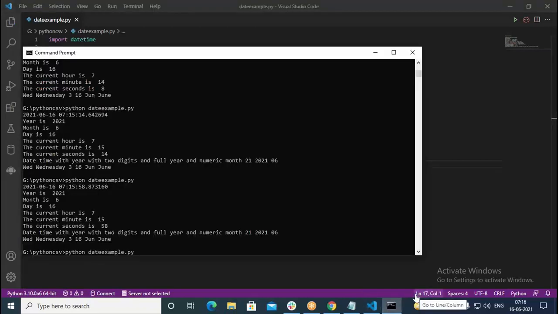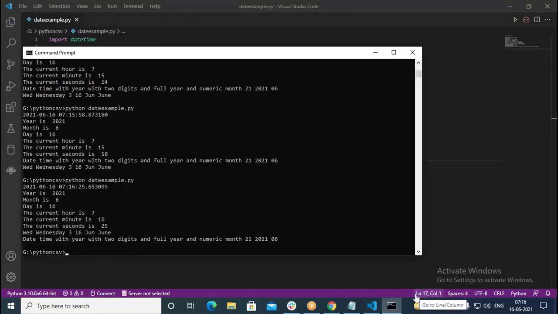The problem was when you print now, exactly it's coming at the bottom. Date time with year with 2 digits and full year and numeric month: 21, 2021, and 6 we get like this. So this is giving you the formatting of the full year and only the abbreviated year,